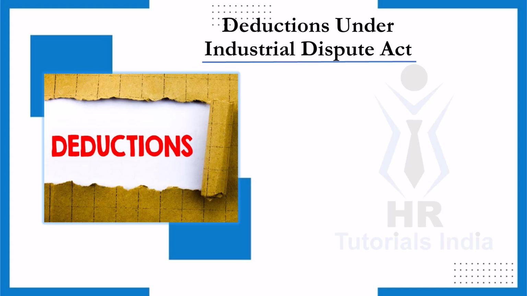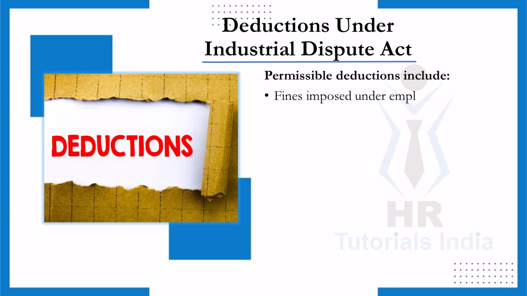The Industrial Dispute Act 1947 outlines specific conditions under which deductions from employees' wages are permissible. These deductions must comply with established rules to prevent exploitation and ensure transparency in the workplace. This Act also aims to strike a balance between employer interests and employee rights, providing guidelines for what can legally be deducted from wages. Permissible deductions include: employers may impose fines on employees for violations of workplace rules